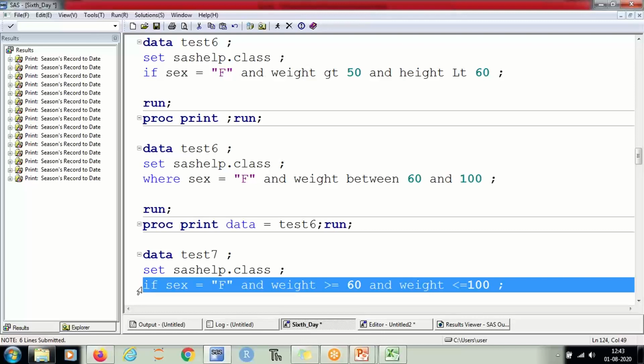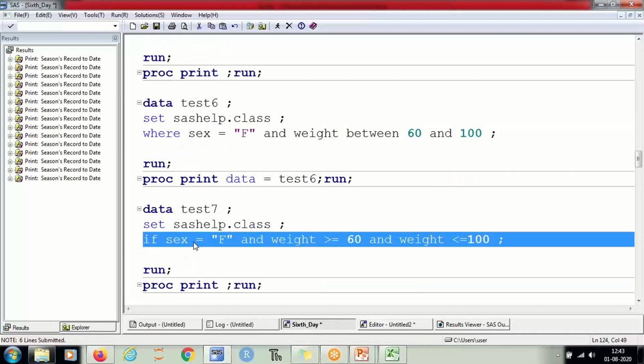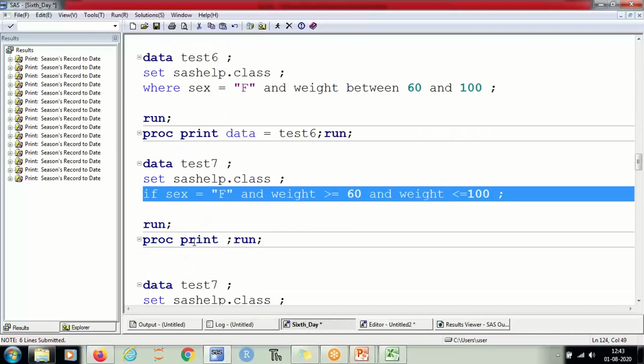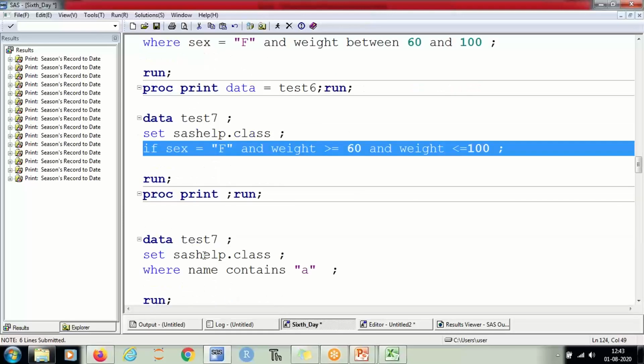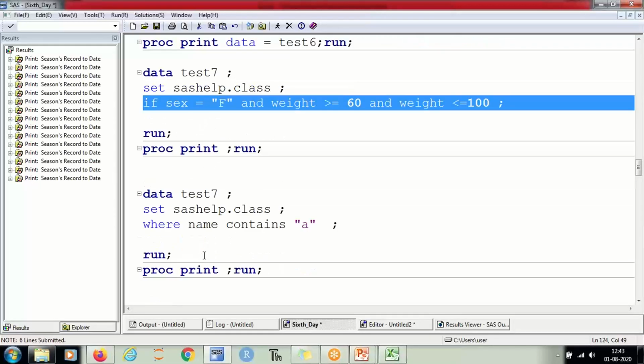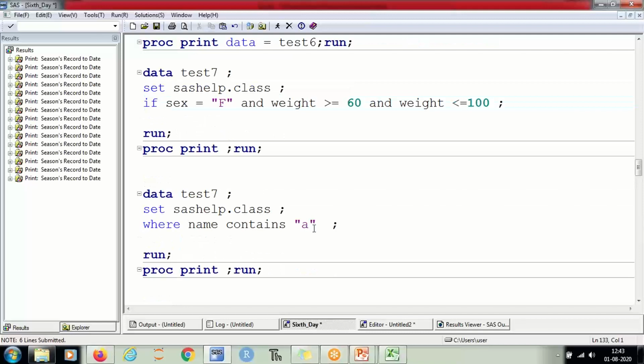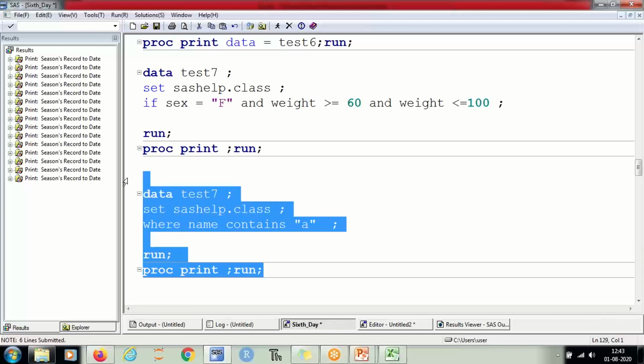And you can use where for a condition like contains. So here we are saying where name contains alphabet A. So if my name contains alphabet A, then only it will give me the output.